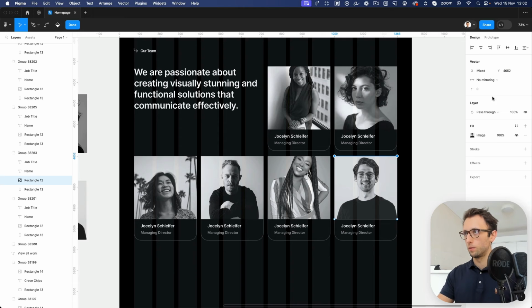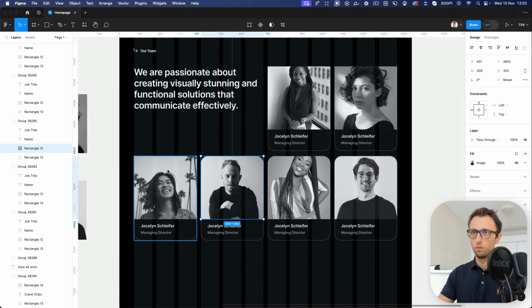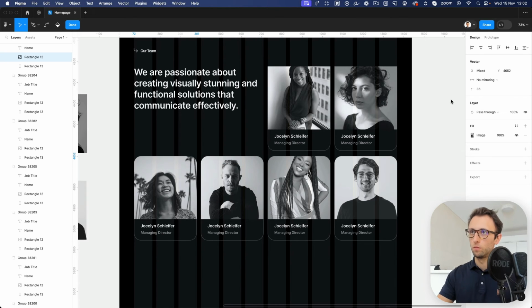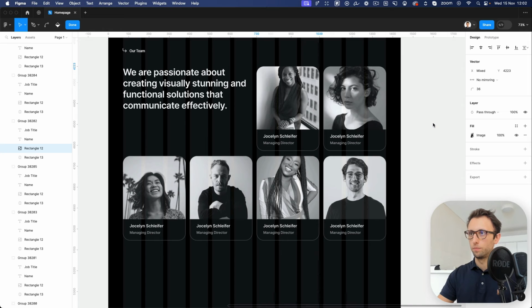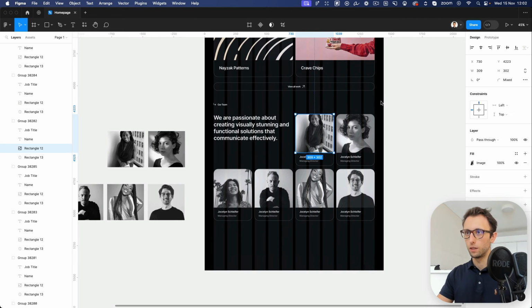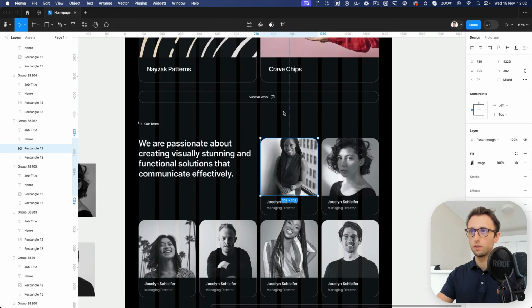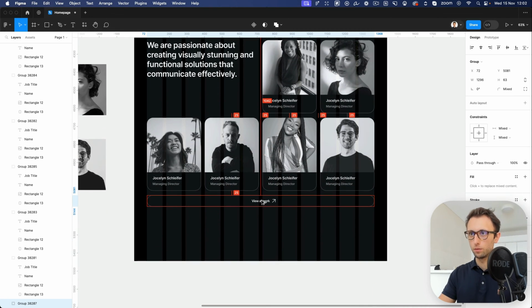Again, 36. Cool stuff. All right, so we have the base going, and now we're going to group this element, duplicate it,